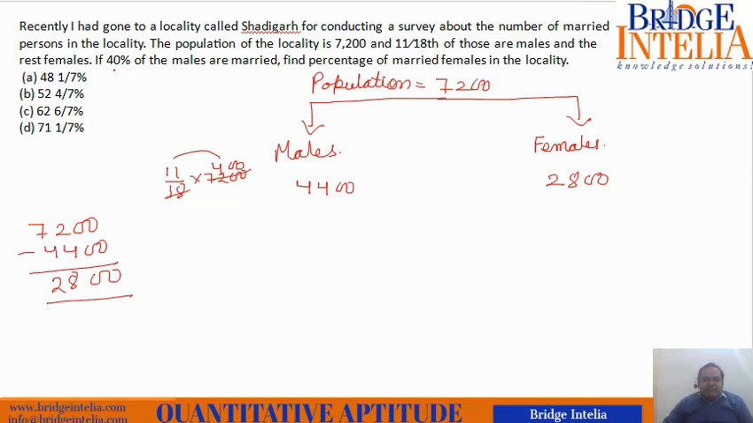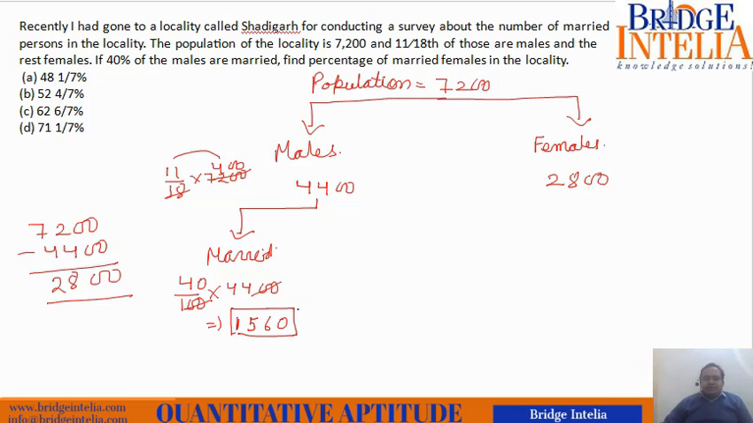And if 40% males are married, so out of these, how many are married? 40% of 4,400. So 40 by 100 into this much. So 44 into 4, 1,760. So these many are married males. Now the catch in this question is